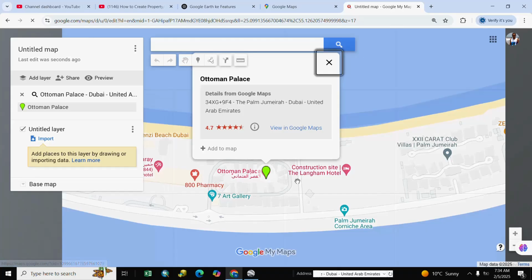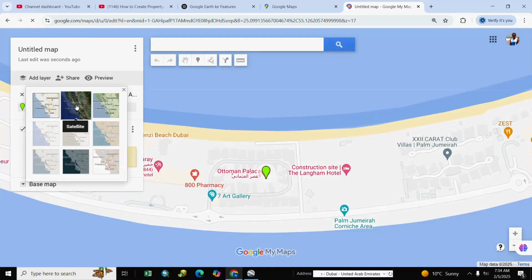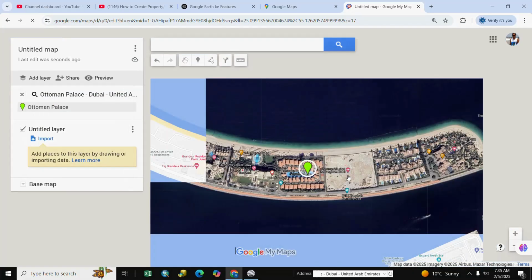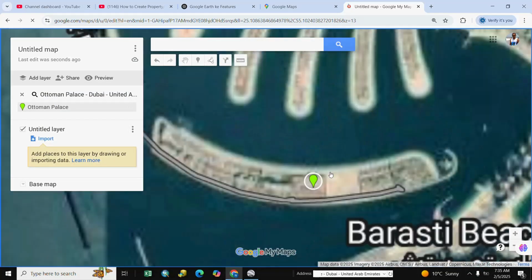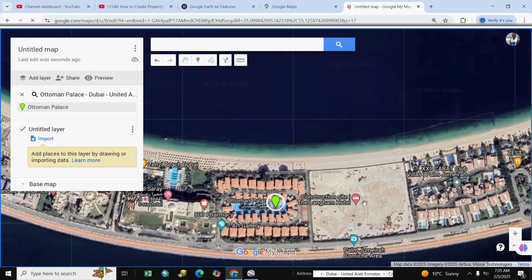Here is our location, and we go to base map and we select here satellite image. Here is our area. We go to the particular location, we capture this plot.